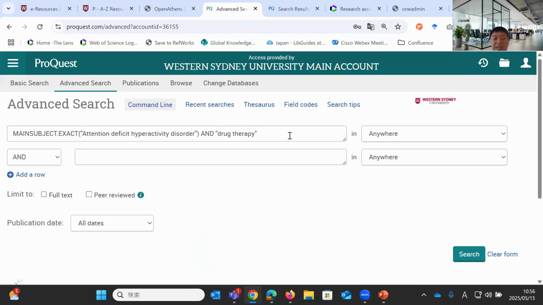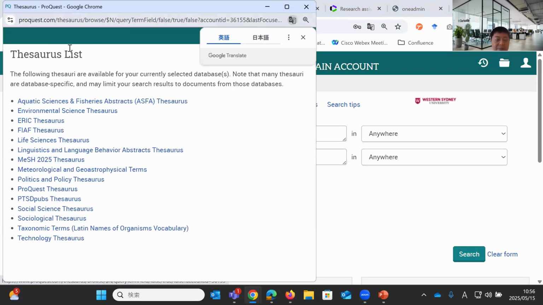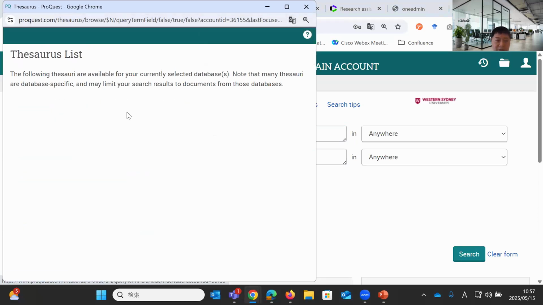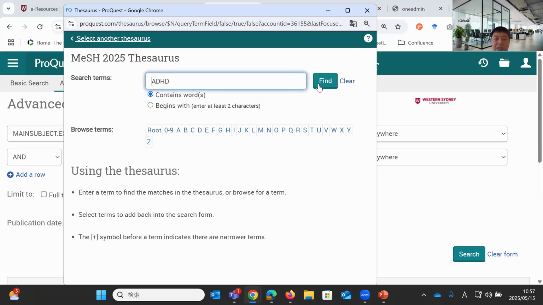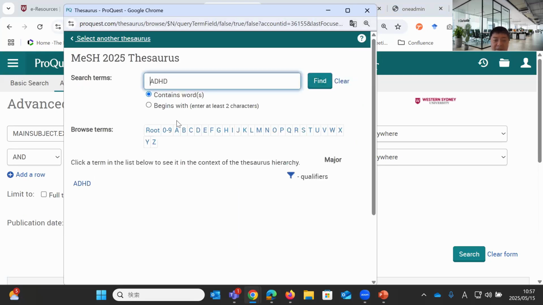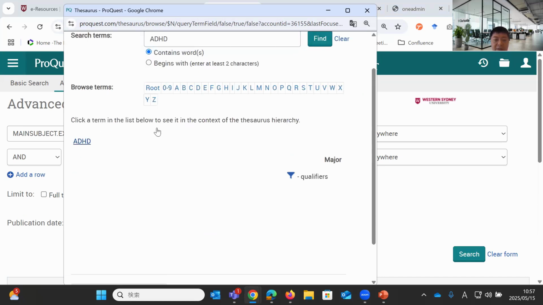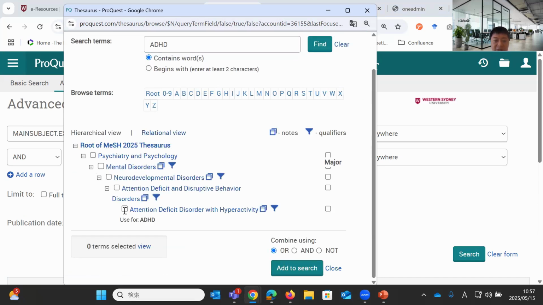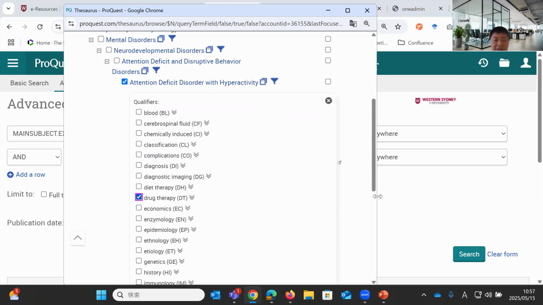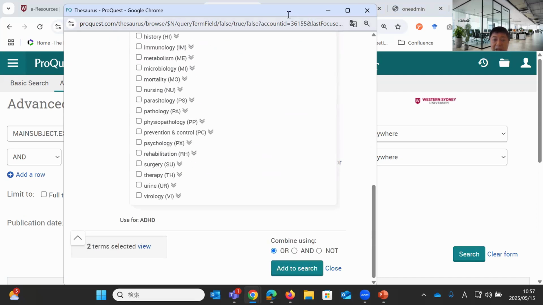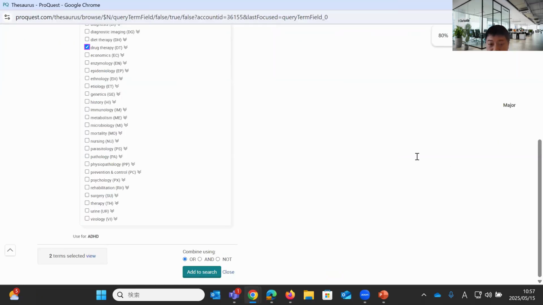thesauri. So this is a ProQuest version. I click the second box in the search and the thesaurus. I go back to MeSH, and I search with ADHD. With MeSH, I can use this one, and I use the qualifier, subheading, drug therapy, and then I add it just down there below.